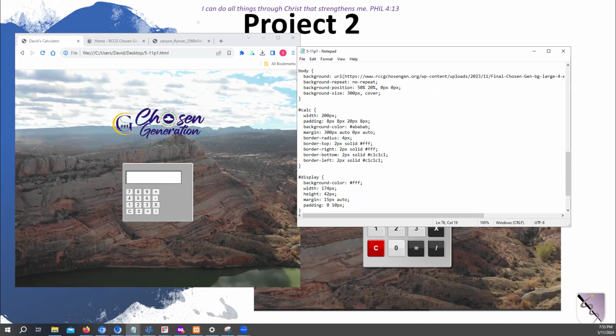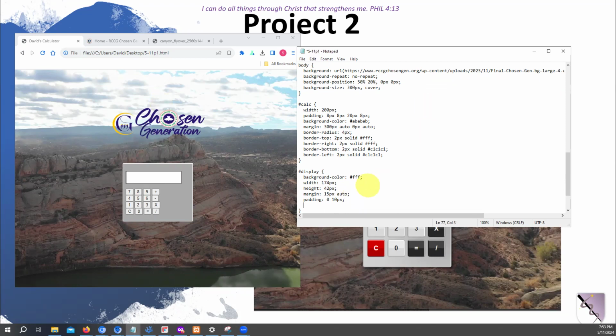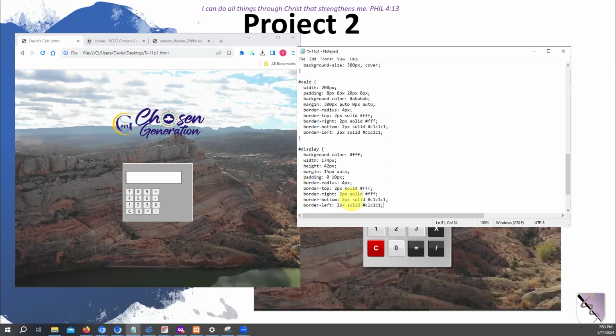Let's save that. And since that's a very minor thing, let's start adding our borders. We're going to basically copy the same effect for our borders and also our border radius. There's a lot of copy and paste in there. That's why I like this assignment, because once you get part of it done, there's a lot of copy and pasting. So we're just going to copy and paste the same border radius and the same border styles